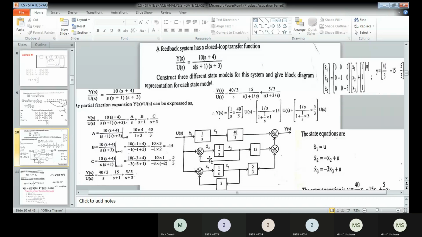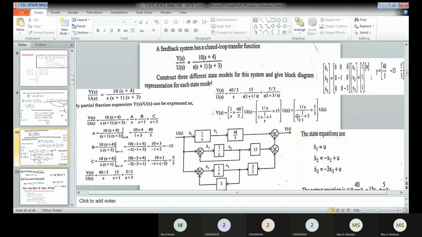So now the second term. The second term is a summation. Therefore the same input node, and the signal is coming. Here the forward path is available, so 1 by s is taken. Here a loop is also available. Loop gain is 1. So only the feedback branch gain 1 is taken and it's given to the integrator before 1 by s. Then all of this will be multiplied with the block gain 15. The output of this will be given to the output adder.